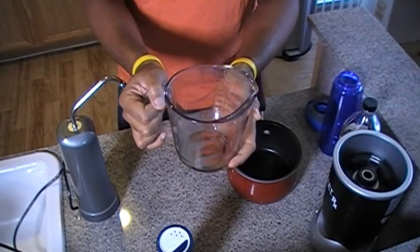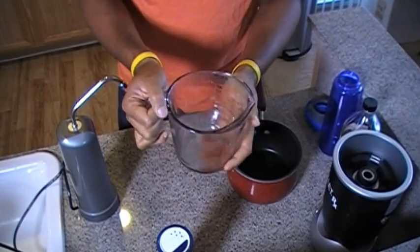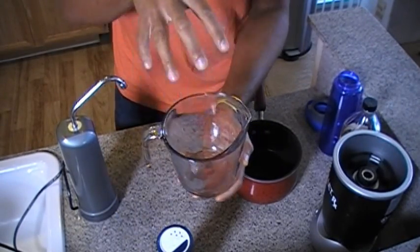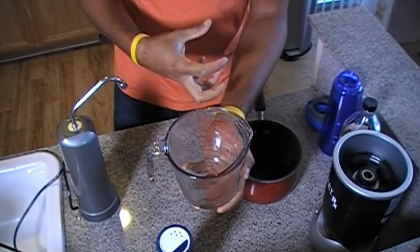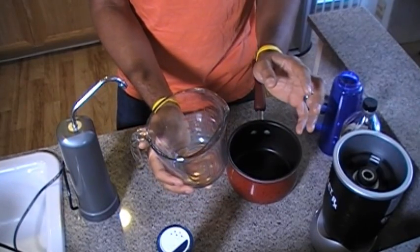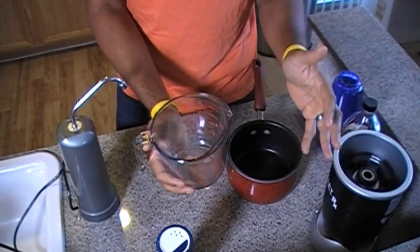Now, you cannot sip and stop, sip and stop, sip and stop, because what's going to happen is you're going to break it into parts. It works only as a whole. This whole concoction of water and salt only works and moves through your system as a whole. If you drink it in parts, it will not come out the other end. You will not have any relief from your symptoms, and it will not clean out your colon the way it